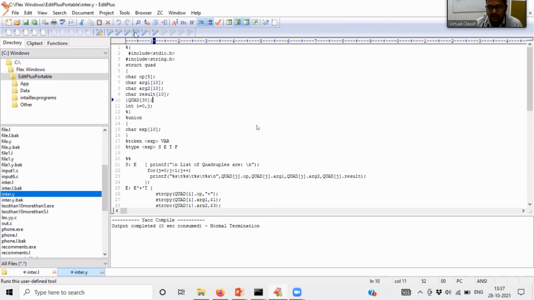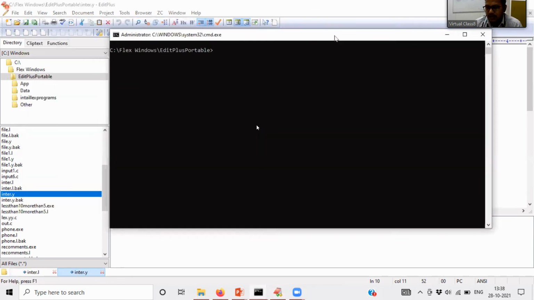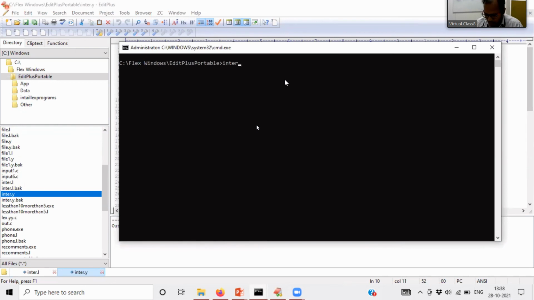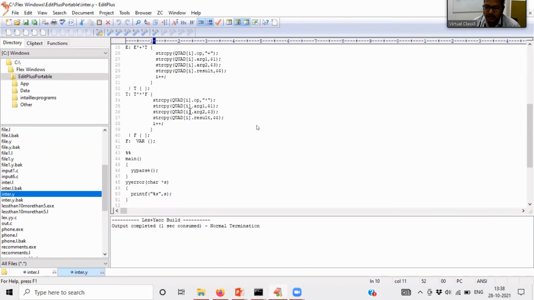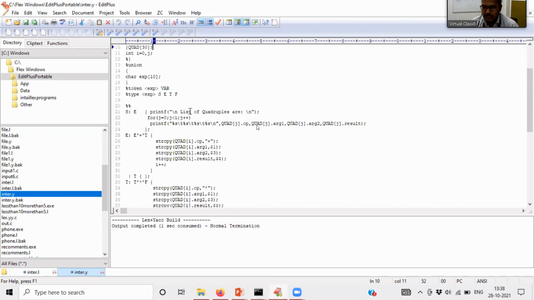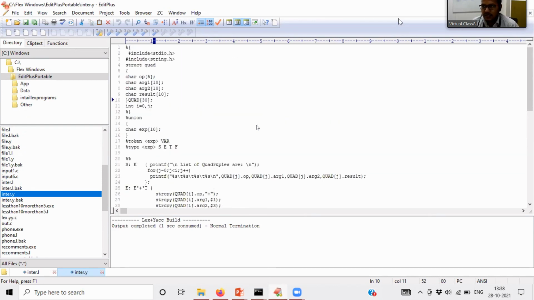Here you can see, when I go to the 4, it is showing lex plus YACC build. I just did it, and there are no errors here. If there are no errors, you just open the command prompt and the exe file will be created with that name. You can execute that, a plus b plus c. So we can see that. Please try to update with the other operations, like equal to and division. Add other operations and check how they are executed.